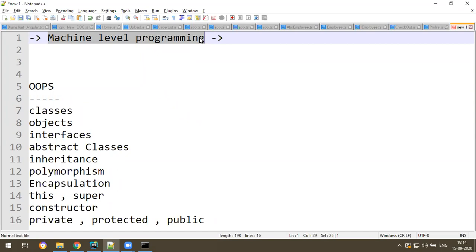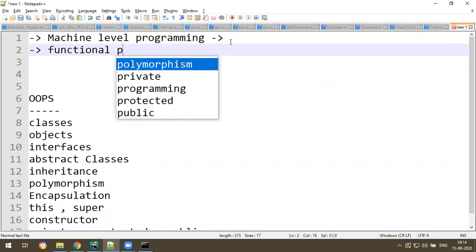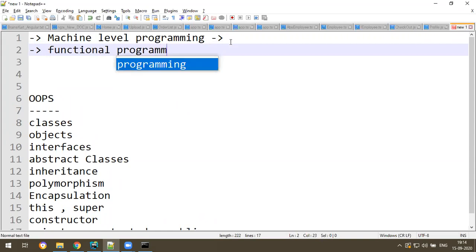That's the first generation of programming, and the next generation of programming is functional programming. For example, our JavaScript and the C language come under there. It means you can define certain functionality inside a function. It's far better than assembly language, and a little easier than assembly language. This is one way of writing a program using functions.